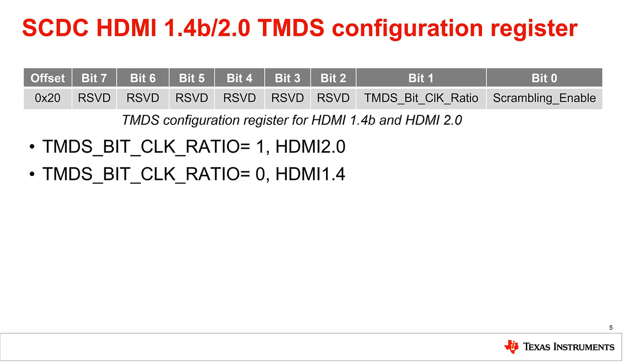When configuring the TMDS for HDMI 1.4 operation, the video source must ensure that the TMDS bit clock ratio bit is 0 by writing a 0 or reading and verifying this bit is 0. When configuring the TMDS for HDMI 2.0 operation, the video source must write the TMDS bit clock ratio bit to a 1 first.